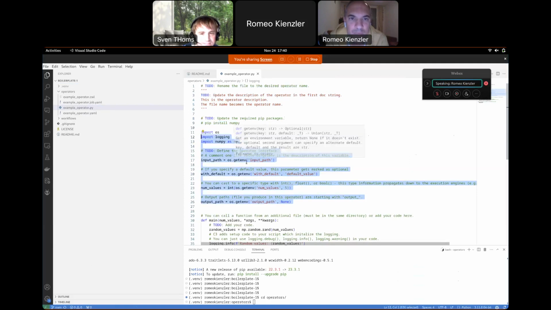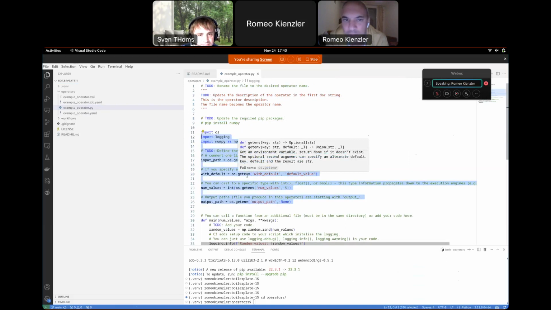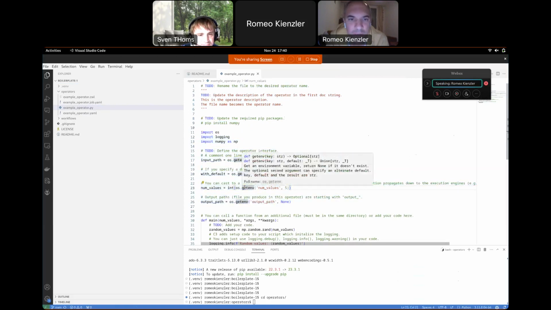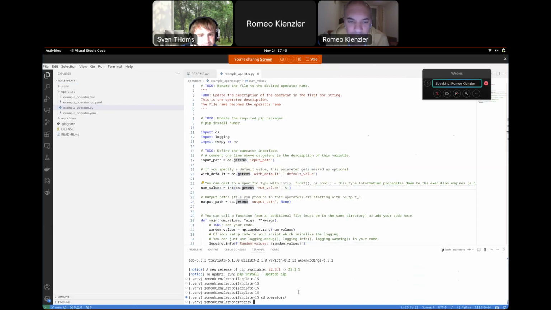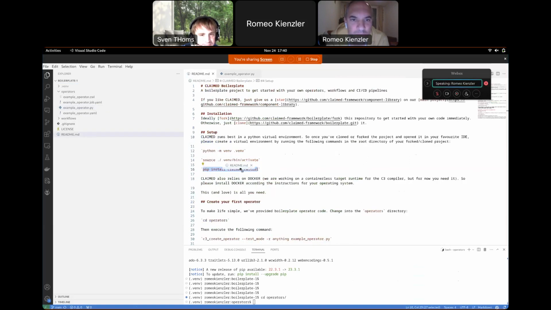So this is an example of a string. This is an example of a string with a default value. So that's an optional value. This is an example of an integer, and this is an output. But at the moment, outputs are not properly handled. That's something we still need to take care of. But yeah, now what we can do is we